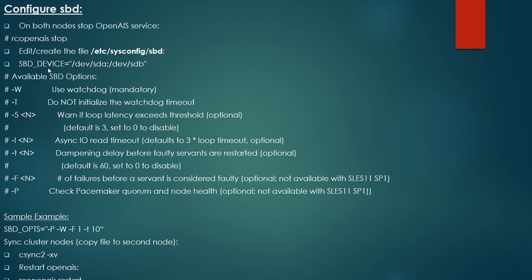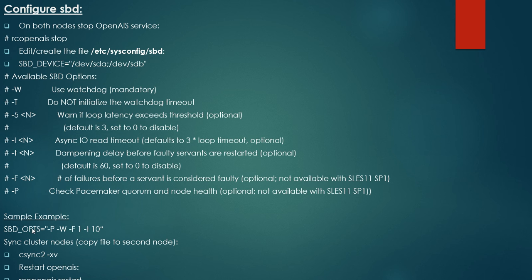The first line is SBD_DEVICE, and you have to specify which disk or device you are going to use to act as the SBD device. If you are using a single disk, then you specify /dev/sda, and if you are specifying multiple disks, then you have to separate them with semicolons, right? And there are multiple options you can specify. One is mandatory, which is for the watchdog, so you have to specify -W, and there are other options. You can see -P, check pacemaker quorum and not help. This is optional. Okay, and this is the mandatory field